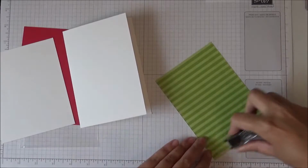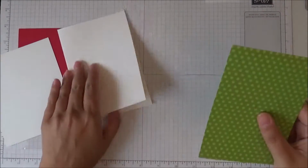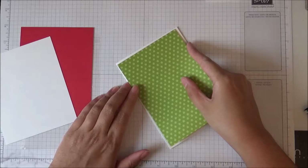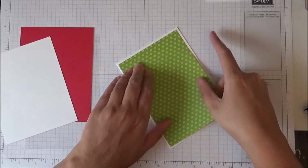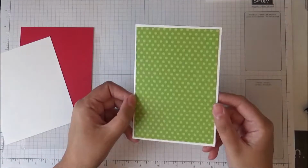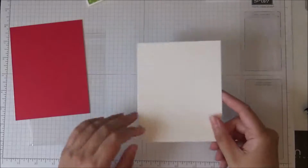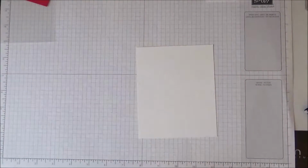Okay. Okay, so I'm just going to try and get it as central as I can, and well, it'll do. Okay, so then for the colouring, I've got just a scrap piece of normal Whisper White, and the stamp set